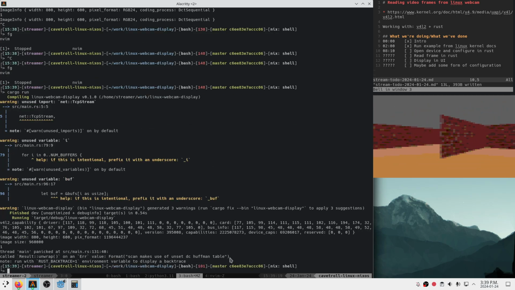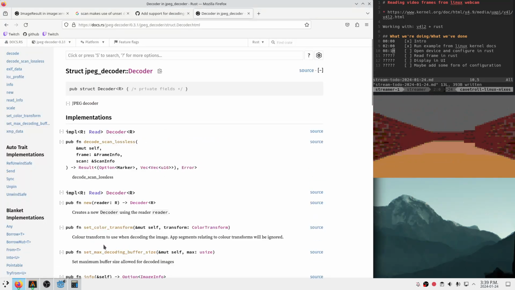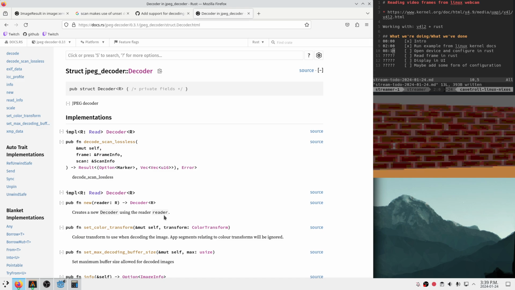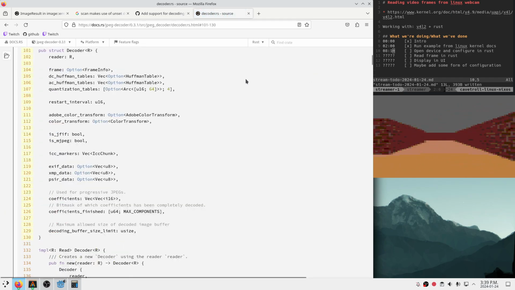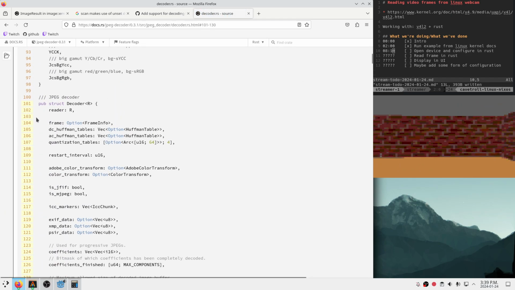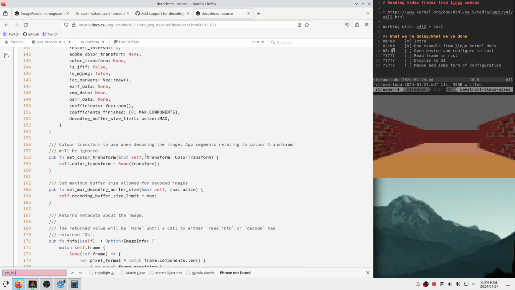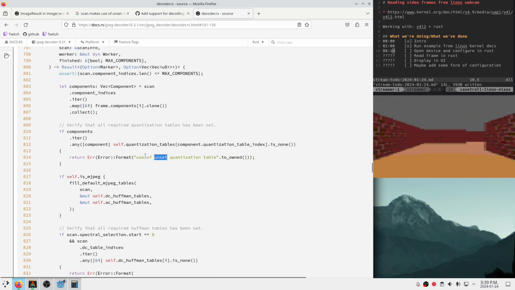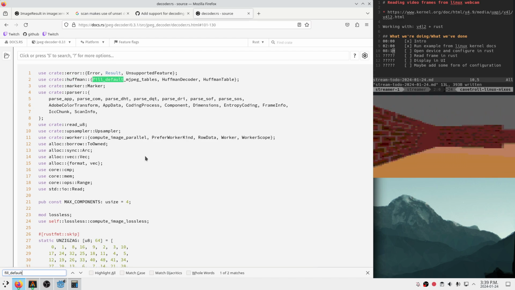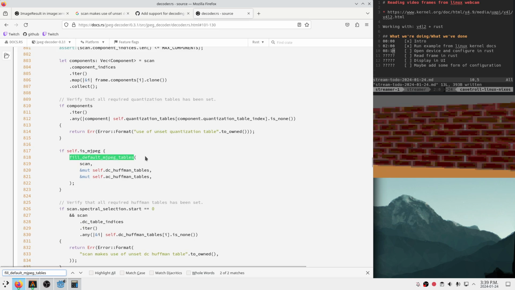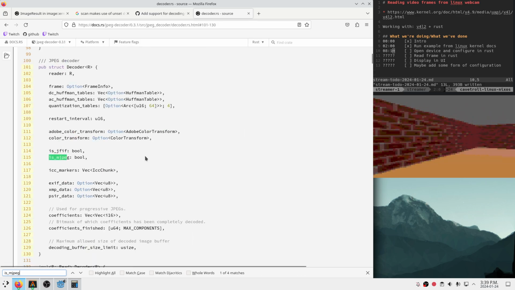Okay, scan makes use of an unset DC Huffman table. So why? Okay, so we're missing something here. We are definitely missing something. Does decoder have debug on it? No. So, unset Huffman, fill default MJPEG tables. Okay, so probably is MJPEG is not being set